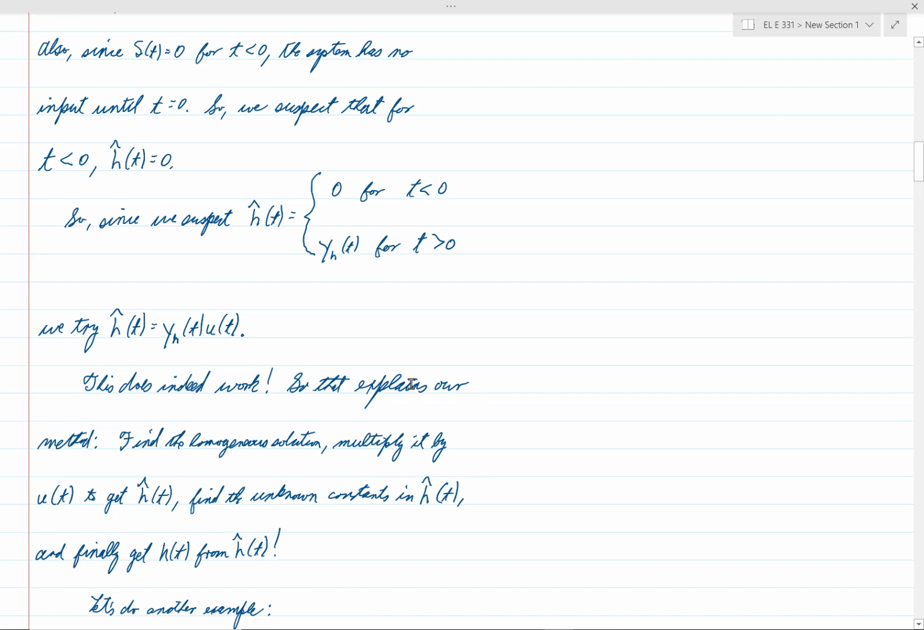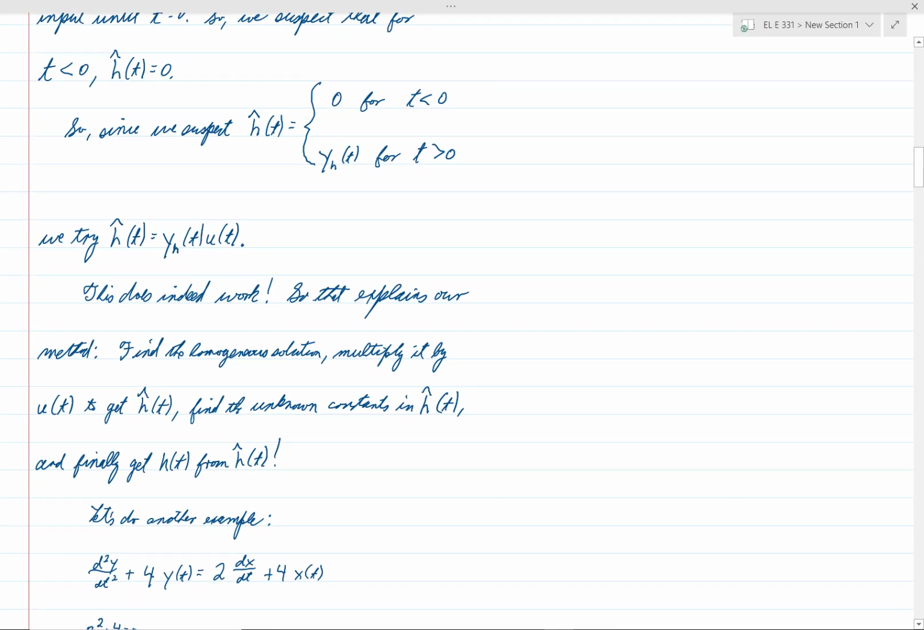And so that's it. That is our method. So that explains our method. Just to review then, what we do is we find the homogeneous solution, we multiply it by u of t to get h hat, then we find the unknown constants in h hat of t by plugging it into the system equation, the input-output equation for the associated system, and then finally we get h of t from h hat of t